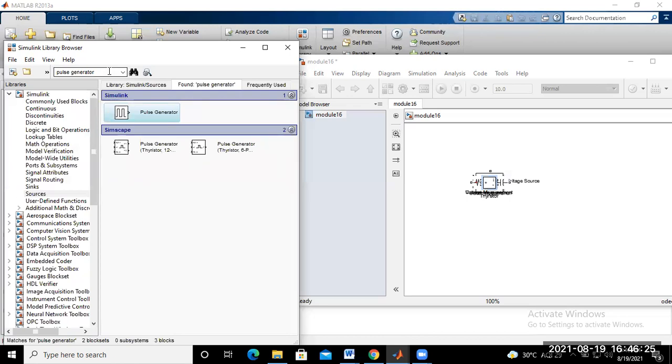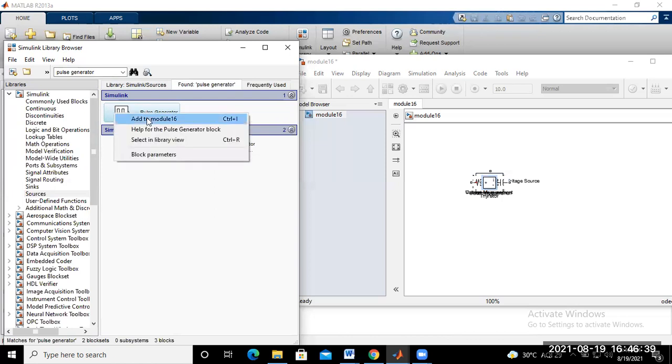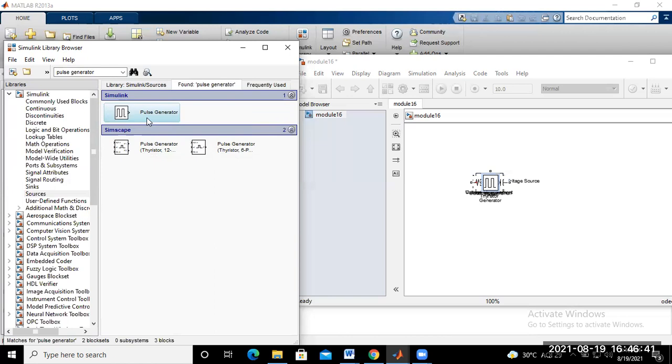It may be present there. Maybe. If you don't know, then you can directly type here in the search space and search. Okay, so just add it here.